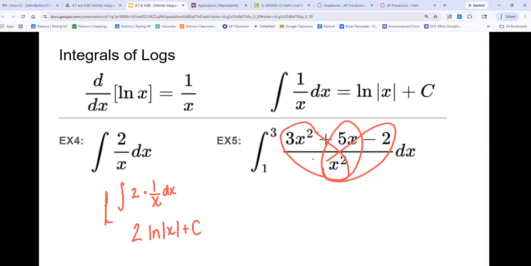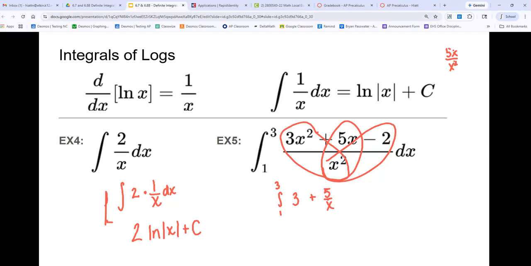So if you do that, you're actually integrating from 1 to 3. You'll just have a 3 because 3x squared over x squared, the x's will cancel. Plus, when I have 5x over x squared, I'm going to get 5 over x. And then I'll have